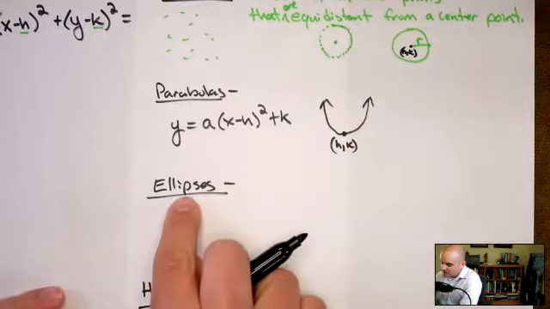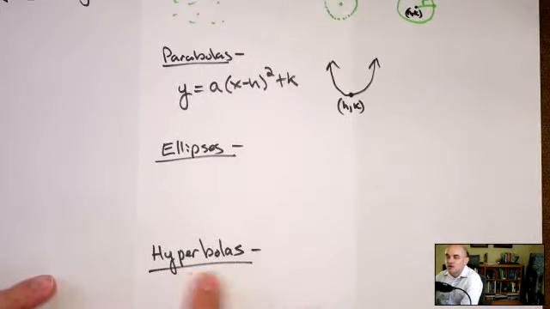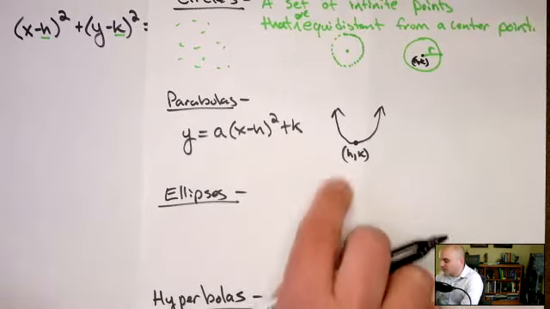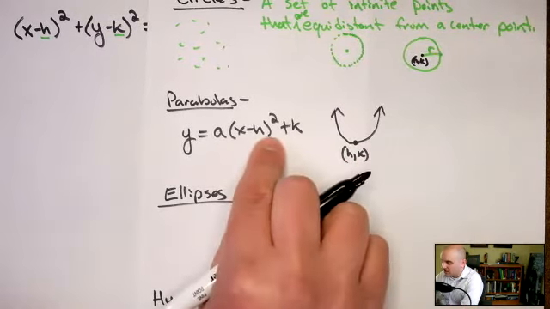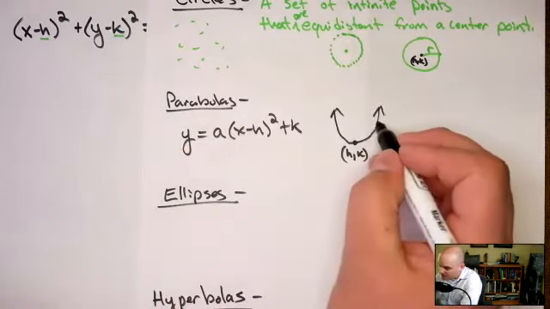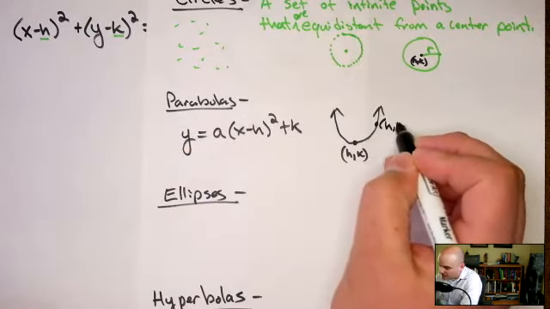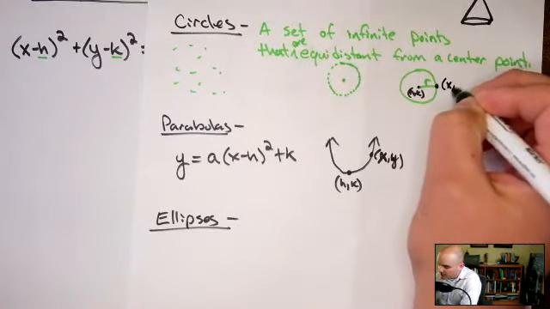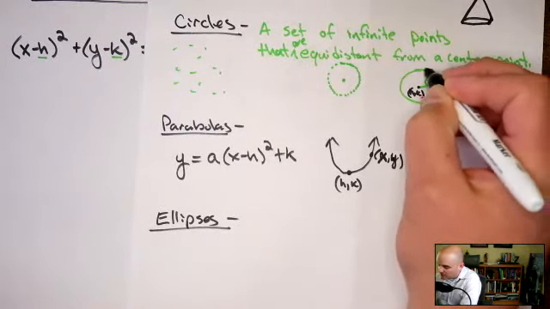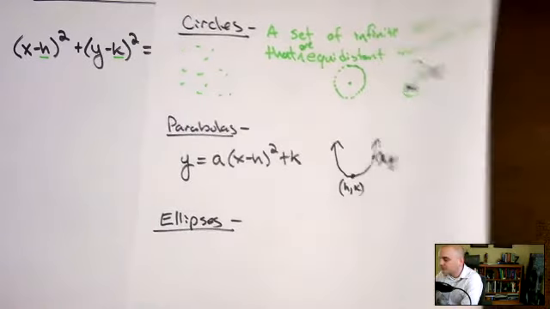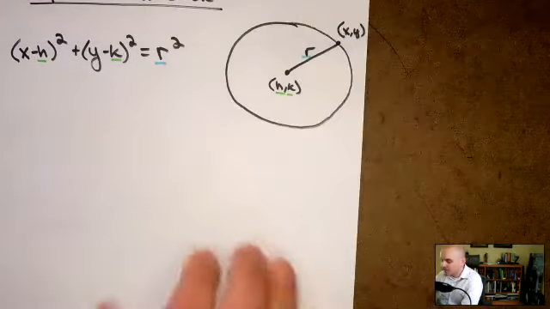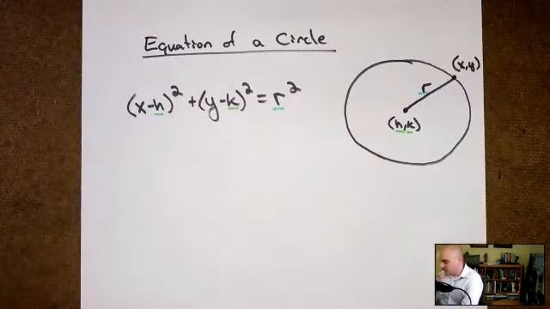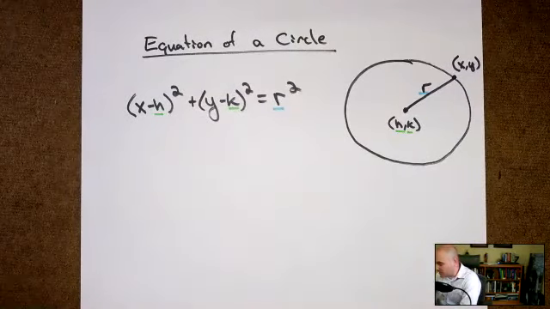h, k has a special location on ellipses and hyperbolas as well that we'll see later as we study more and more conic sections. But just like with the parabola, we had h, k, and x, y stood for any point that's on the parabola. Same thing with circles. It can be any point on there, x comma y, but it has to be on the circle. And we'll see how that's useful later. So this is our equation for a circle, and that's what we're going to use as we go through these